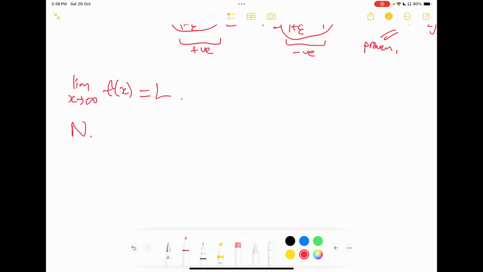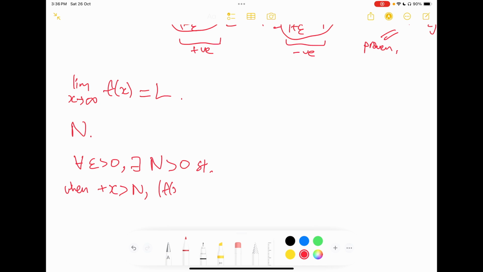So for every epsilon greater than 0, there exists a number N that is greater than 0, such that when positive values of x are greater than N,